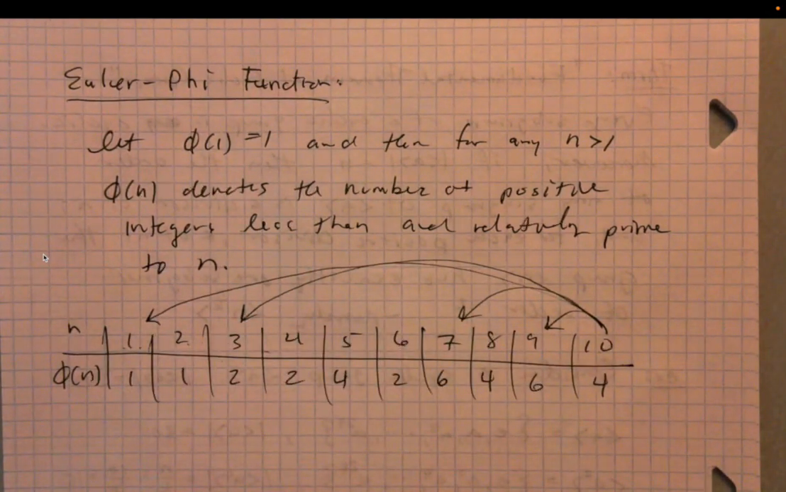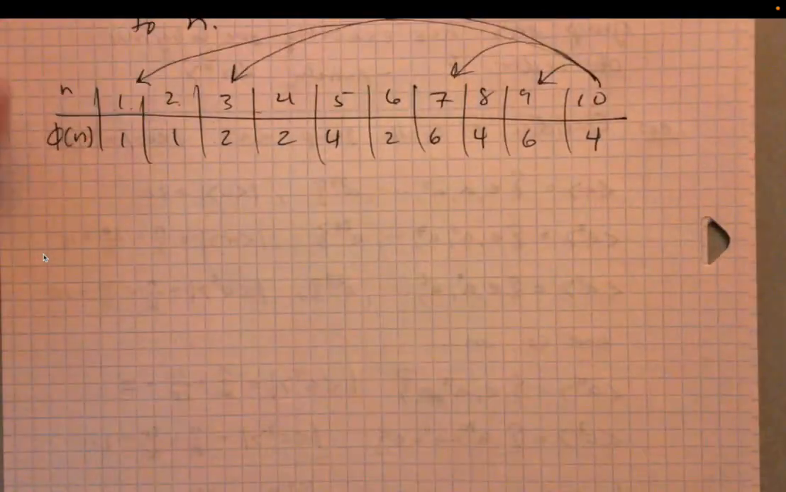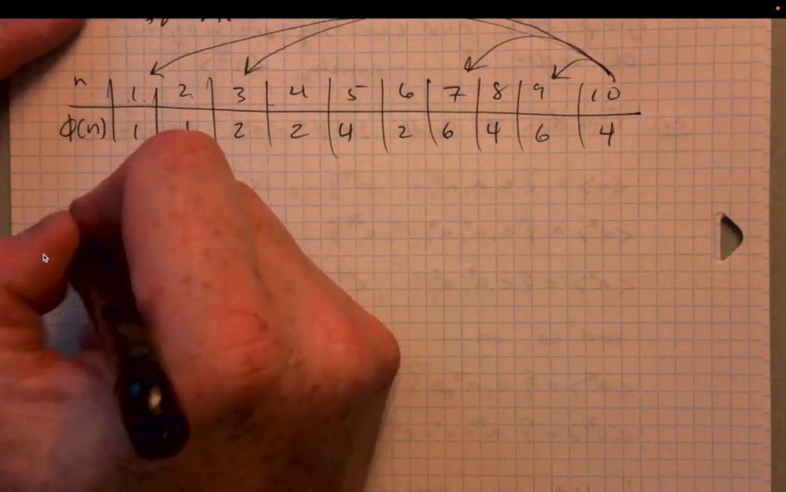Right? So relatively prime again just means that the greatest common divisor is 1, meaning that there are no non-trivial divisors of the two numbers. All right. So one thing to notice, and this is interesting because we've been using this example this whole time,